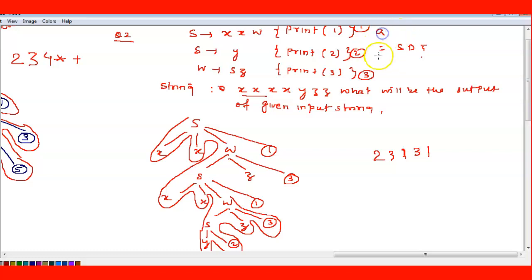If you write A, consider it as printing A, printing B, printing C. So first we'll perform the second one, B, then C, and so on. So this will be the output. This is how we draw the parse tree for the grammar with semantic rules and perform the SDT.